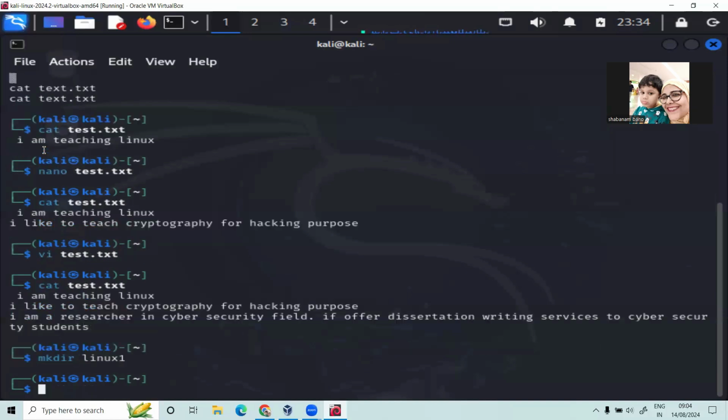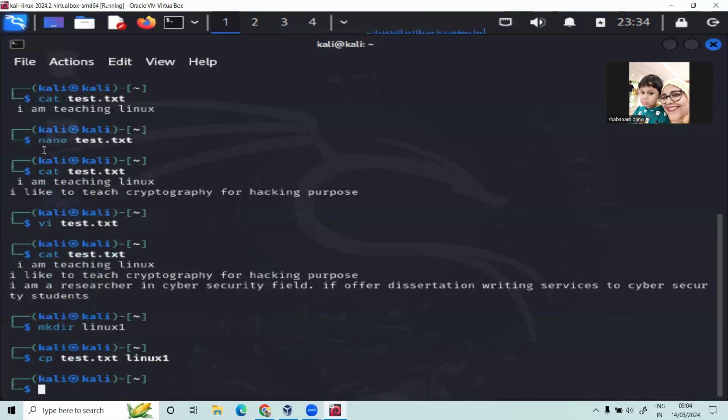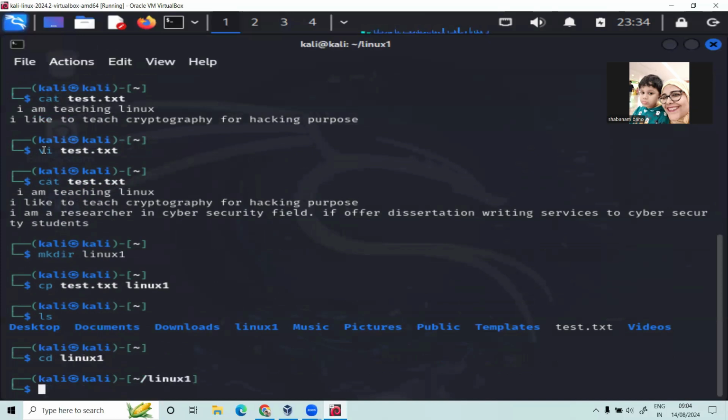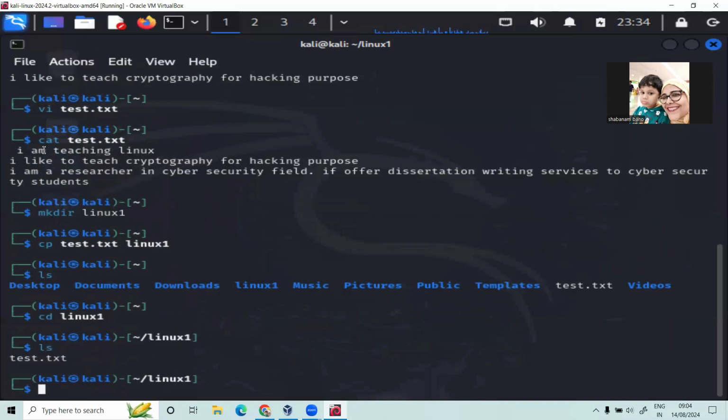Now I want to copy test.txt into the linux1 folder, so I will use the command cp test.txt linux1. Now let's say ls. If I type cd linux1 and then ls, we can see test.txt is inside the linux1 directory.